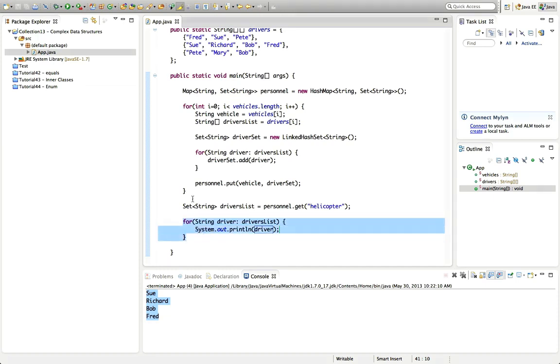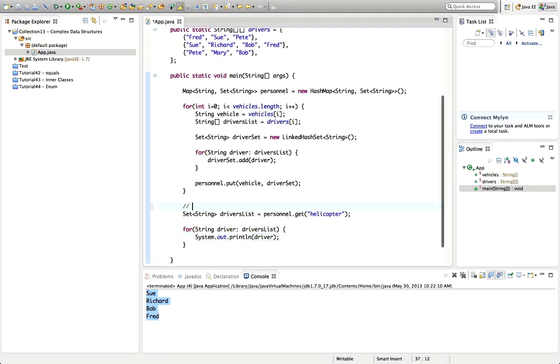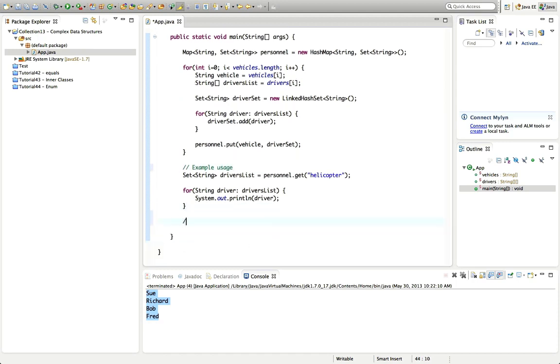So if we want to iterate through the whole thing, let's put a comment here, example usage. And I've gone through iterating through maps before, but admittedly I haven't iterated through a complex data type. So iterate through whole thing would look like this. So it's say for, and actually let's maybe just get the keys from the map. So I can say for string vehicle in personnel dot keySet,